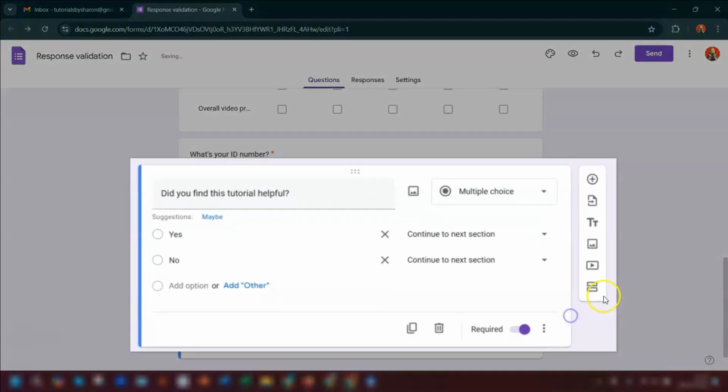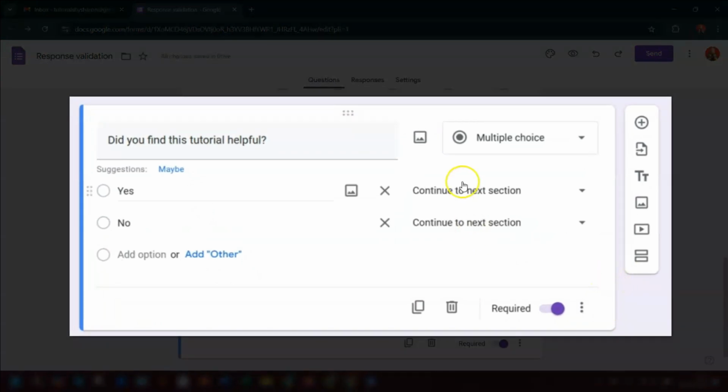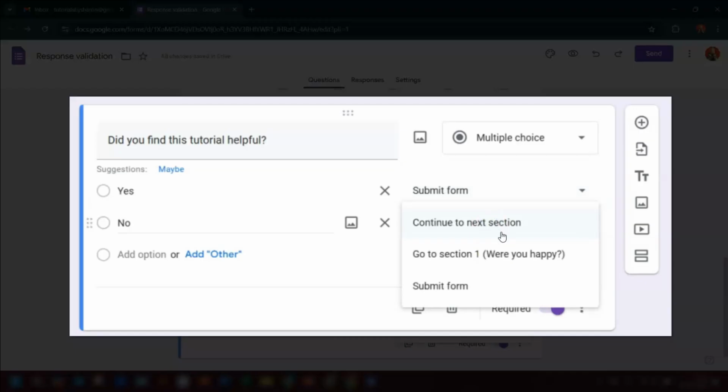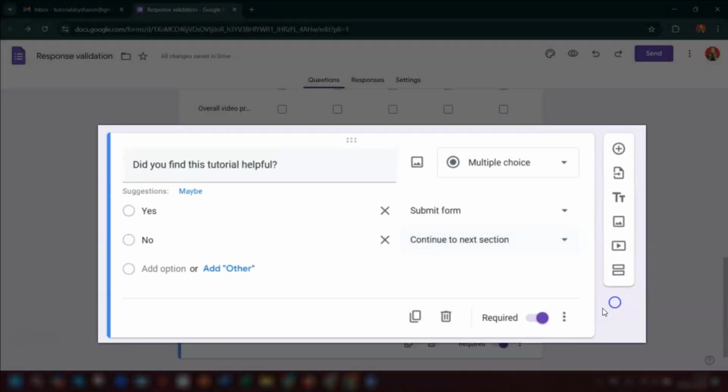So if we click on go to section, you can see there's 2 more options that have now appeared on the right hand side. They both say continue to the next section. So if we click on each one, you can decide where you want them to go. So let's say they say yes, they were happy. Then we can choose submit form because that's it, they finished. If they say no, they weren't happy, then we want them to go to a different section to find out why they weren't happy. Now we've only got the 1 section created at the moment,